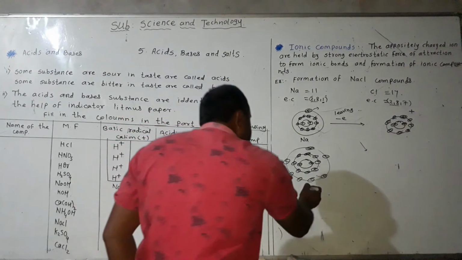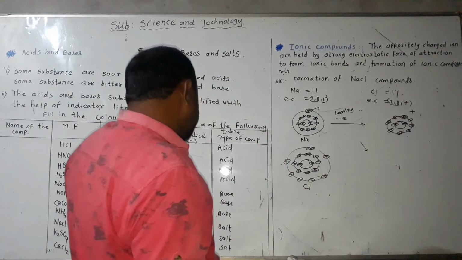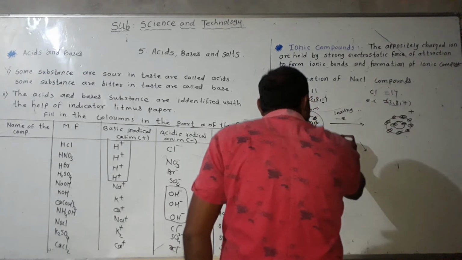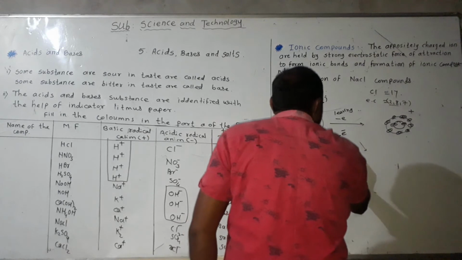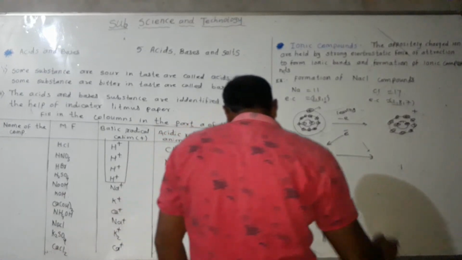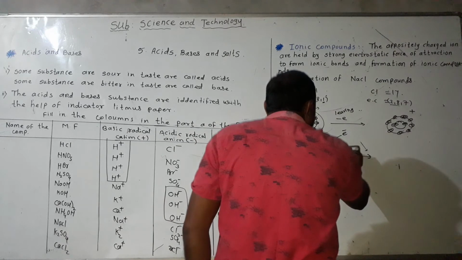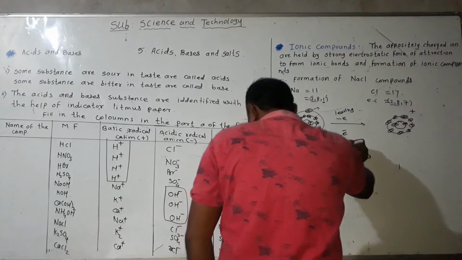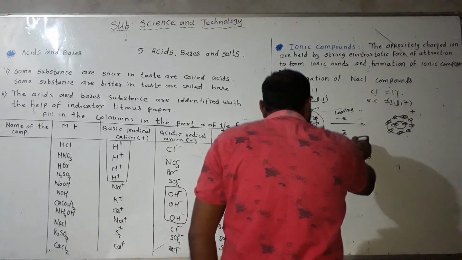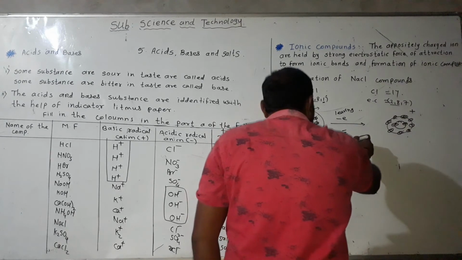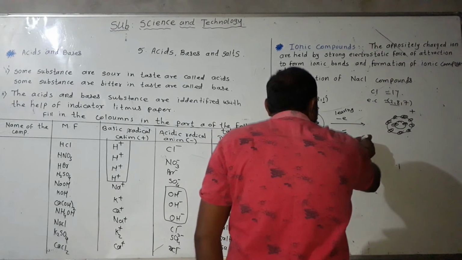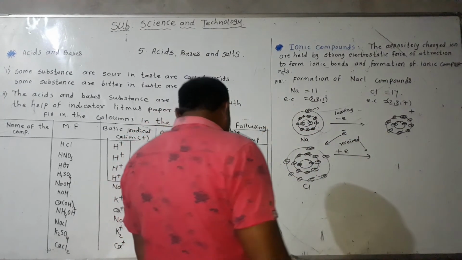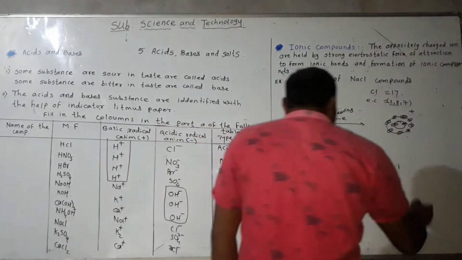So which atom is this? This is the Cl atom, and this leaving electron is taken up by Cl. So the leaving electron is received by chlorine, minus 1 here, plus 1 received electron. It is receiving the electron from the sodium. And which charge forms on Cl? Here it takes up the electron.